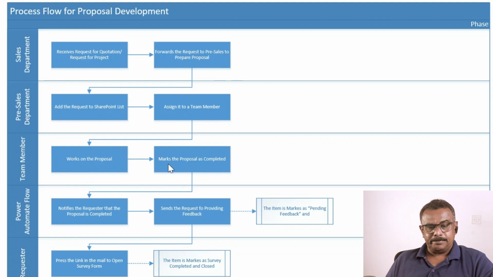as completed. And as soon as he completes it, we need to have a Power Automate flow. What it does is send an email to the requester with all the details about the proposal. In addition to that, there is a link to the survey page, so that the requester can click and open that particular survey page, fill in his survey information, and submit it. In a happy flow, the requester will open that link and fill in his survey details. If he does so, we need to mark that particular item as survey completed and close